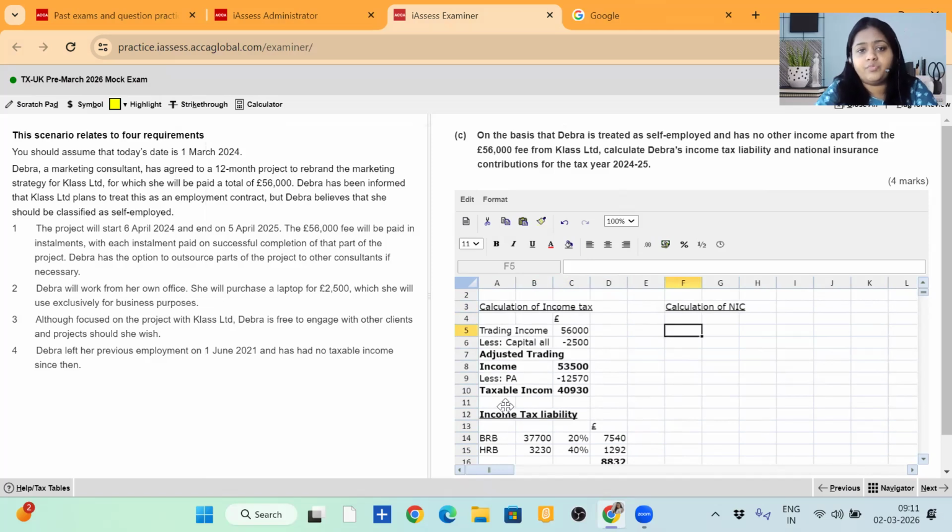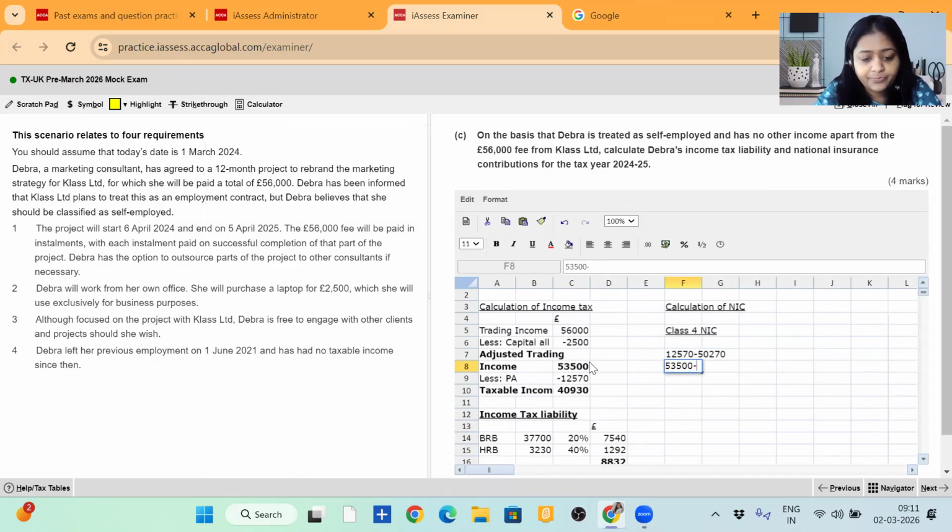So now here, we will take the trading income and we will apply class 4 NIC. So here I'll write class 4 NIC applicable. Okay, so now 12,570 till it is not till 50,270. So we'll just take the levels of adjusted net trading income. No, it is beyond 50,270. So first I will take till 50,270 and then I will take from